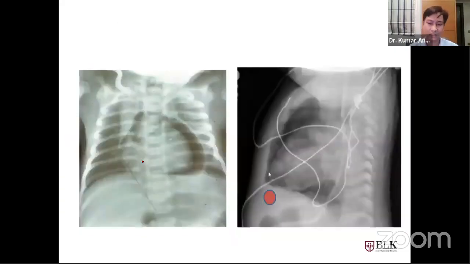Sometimes it is very difficult to say whether it's a pneumomediastinum or pneumopericardium. We know that if the air is on the inferior side of the heart border, that means it is a pneumopericardium. But many times it is confirmed by the lateral X-ray. If the air is crossing the central tendon of the diaphragm, it means it is a case of pneumopericardium, because pneumomediastinum would not cross the central tendon area. But nowadays echo is easily available, so by echo we can diagnose any type of air leak syndrome in a neonate immediately at the bedside.